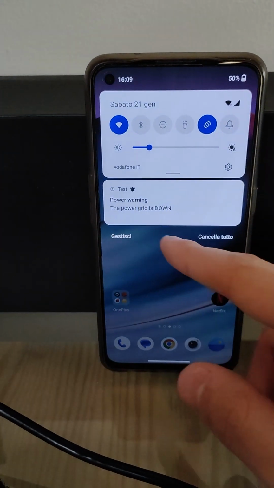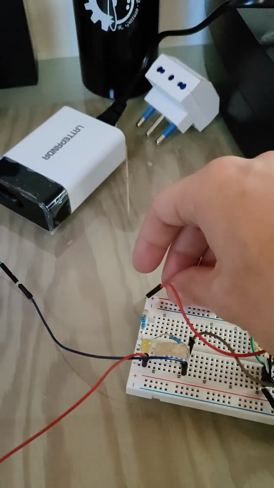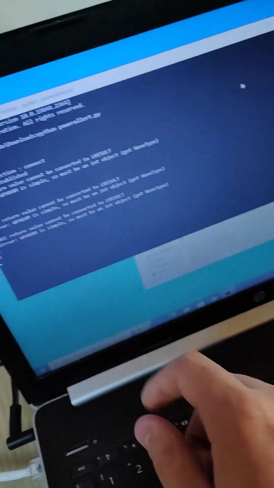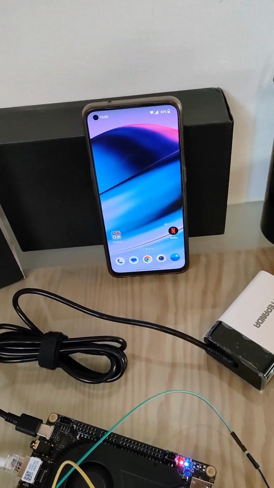Here it is, the notification to my phone. Now I'm gonna plug it back, the LED. As you can see, I get an on message on the Python script, and this is the end of my